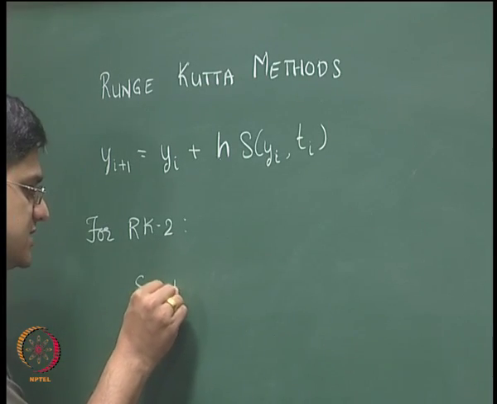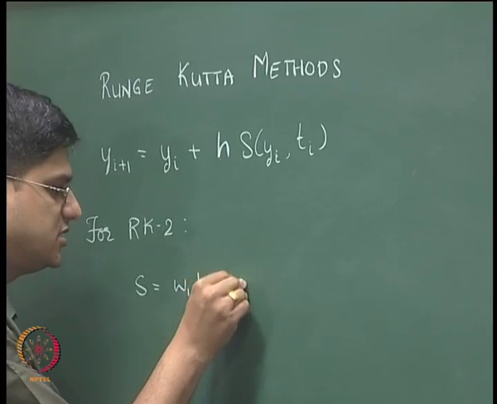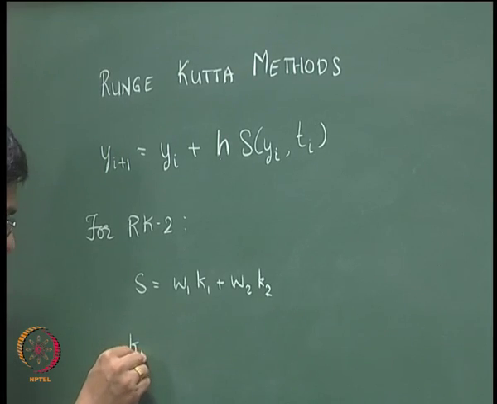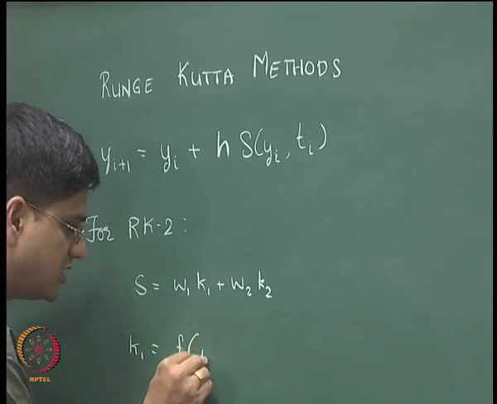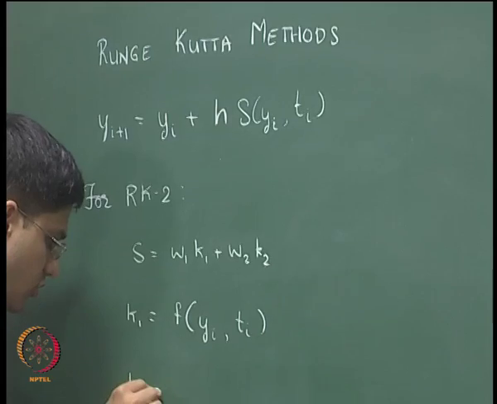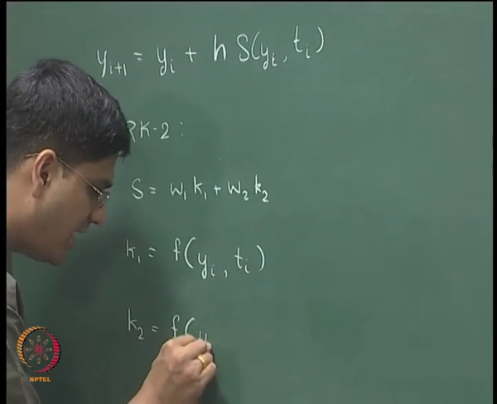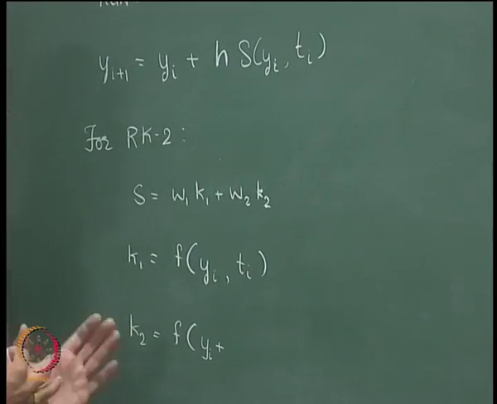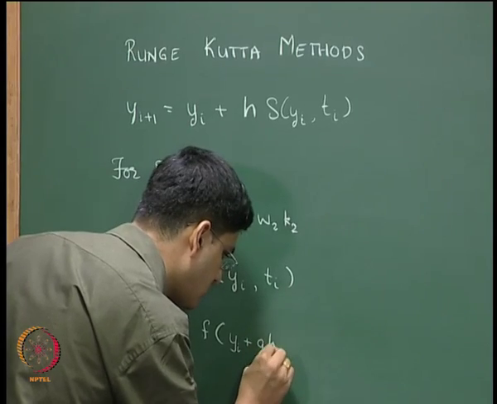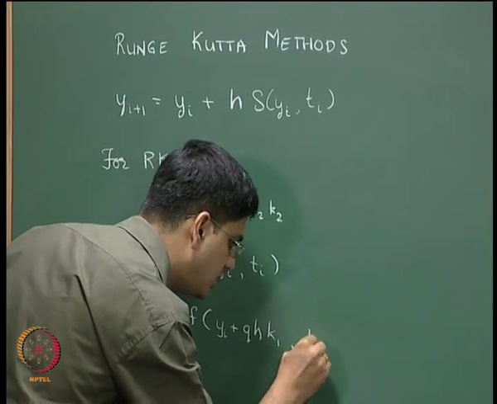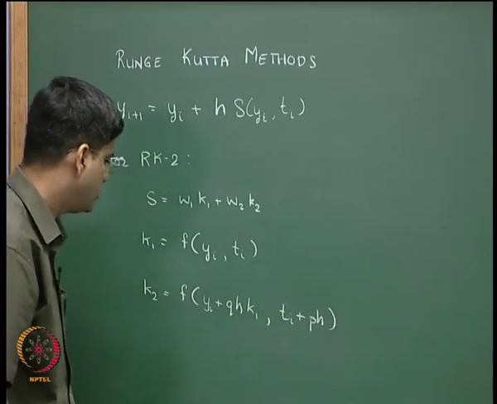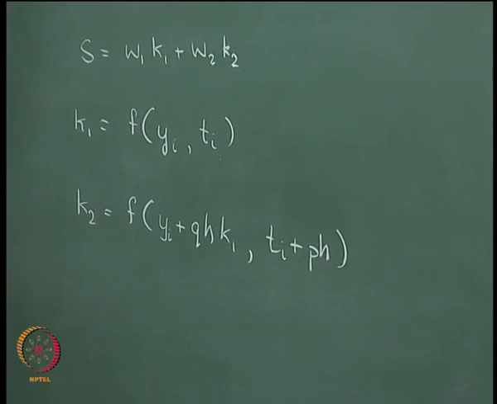So s we wrote as equal to w1 k1 plus w2 k2, okay, where k1 was equal to function f computed at yi comma ti, and k2 was f computed at yi plus some value q multiplied by h multiplied by k1, comma ti plus some value p multiplied by h. Okay. So that was our k1 and k2, and the conditions that we derived